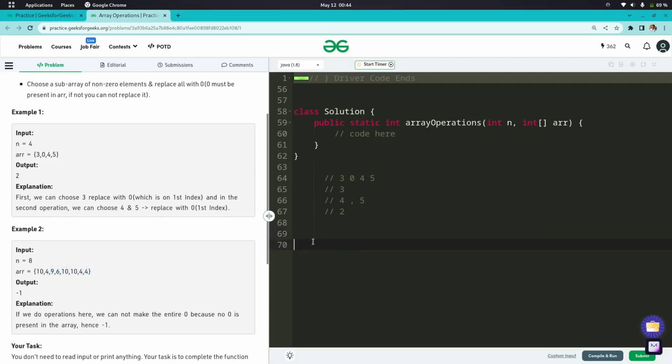So let's try to write the code. First of all, we'll create a function to check initially whether the array contains 0 or not.